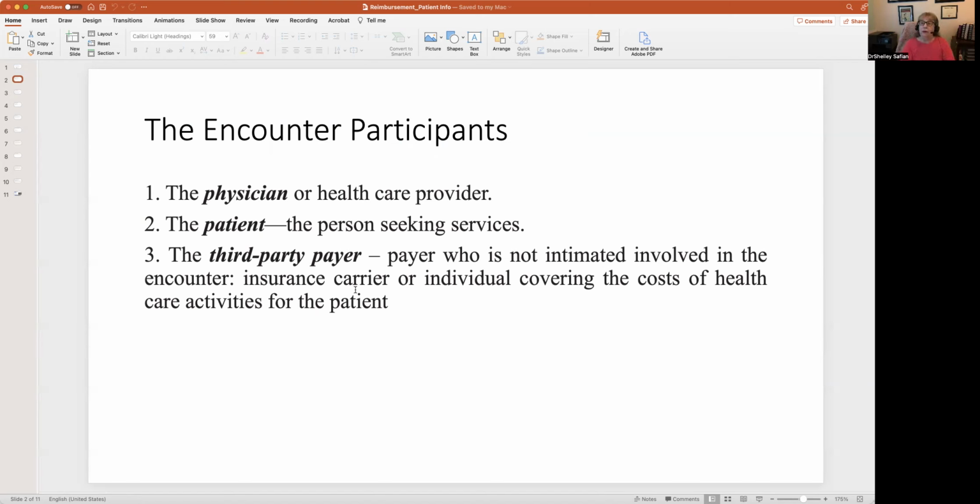Most often, this somebody else is a healthcare insurance plan company. You might say, well, why don't we just say the insurance company? That's because we in the United States also have Medicare, Medicaid, and TRICARE as examples of third-party payers